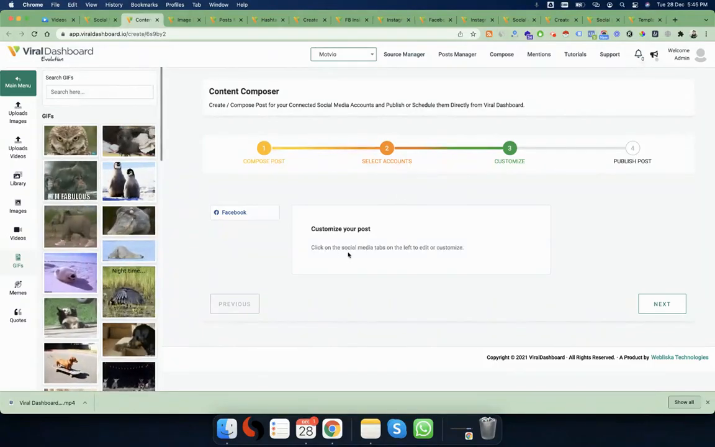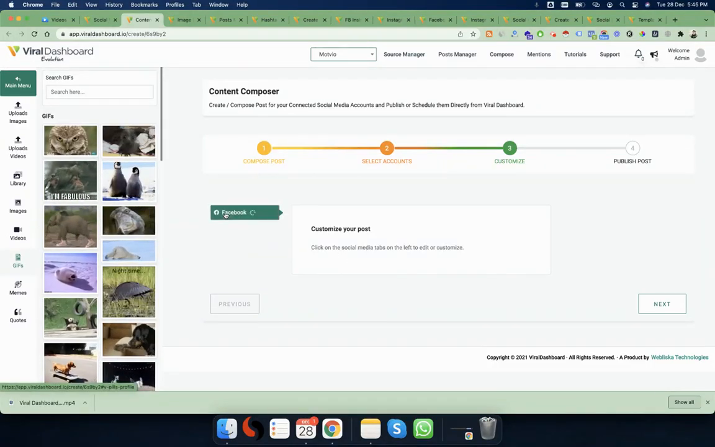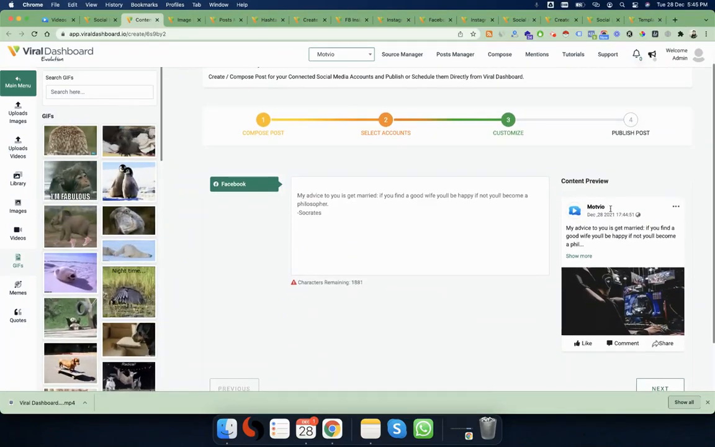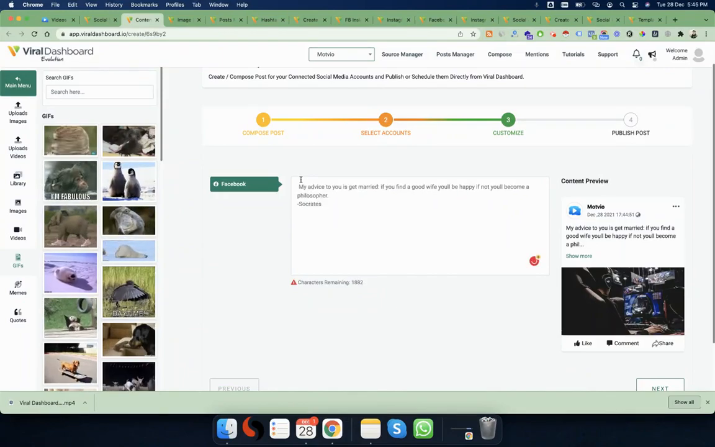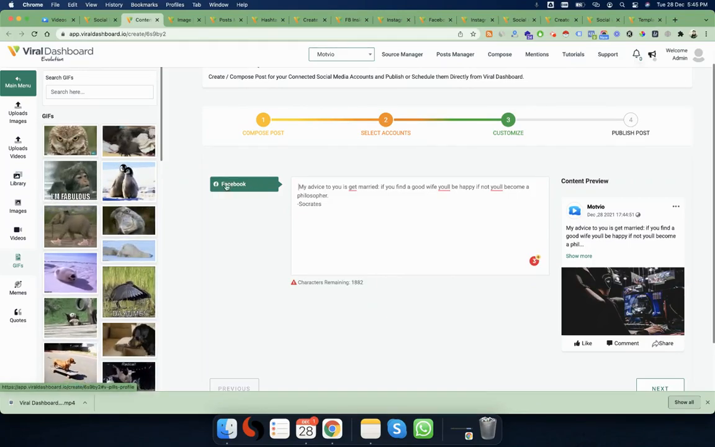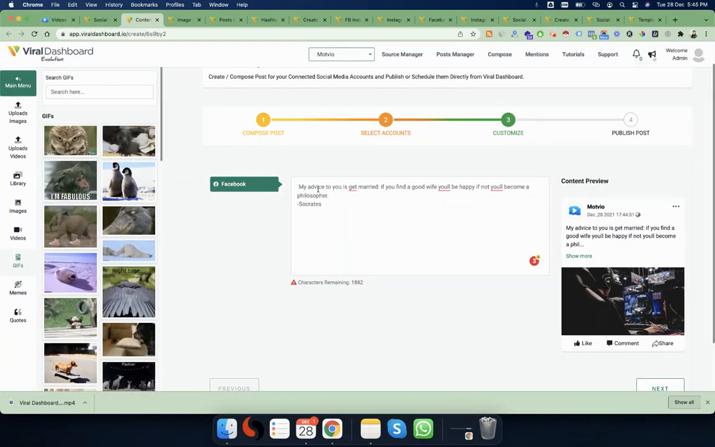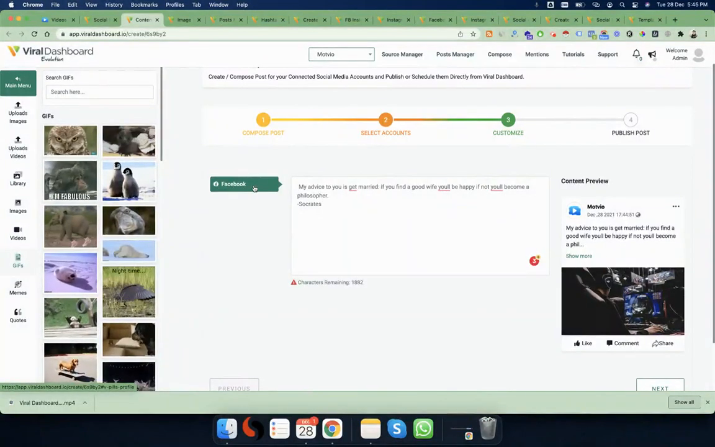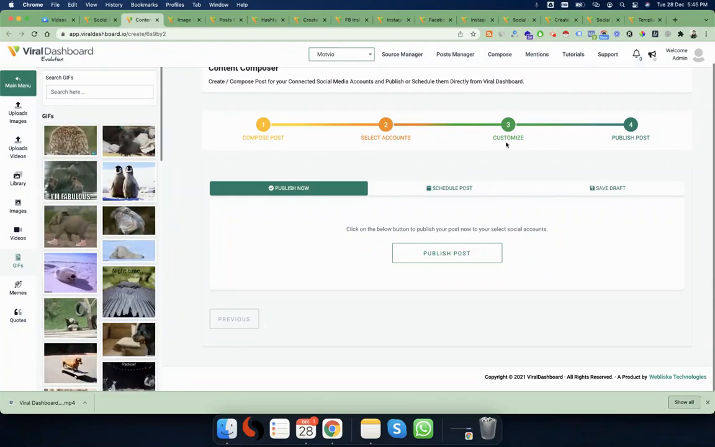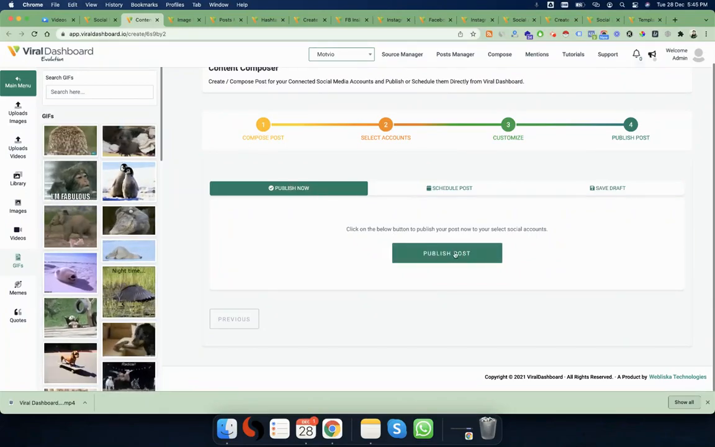So this is the customize step, and you need to click on the Facebook tab to see how your post will look like. This is the preview area, and this is your composer. Now this step is very important, because in this step, you will be able to modify the content according to the specific social media. Okay, so next step, you have the publish option, which is you can publish this post right now, or you can schedule this post at a later date and time,